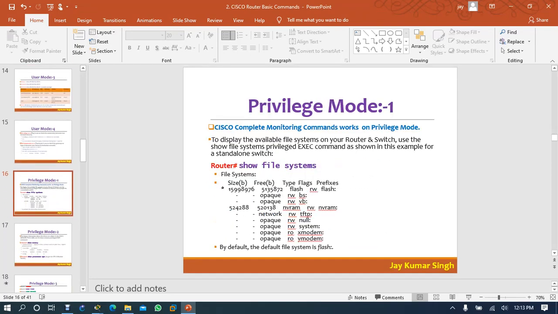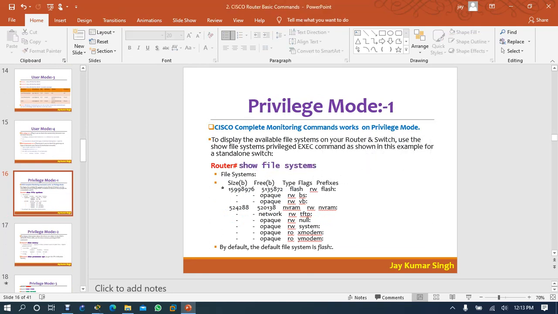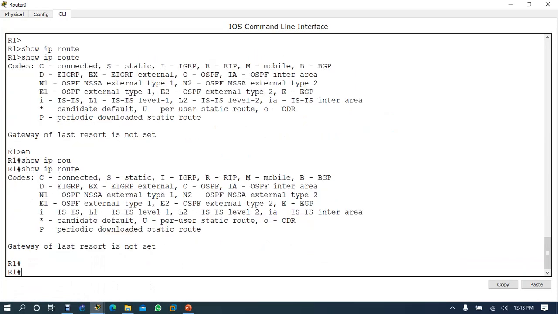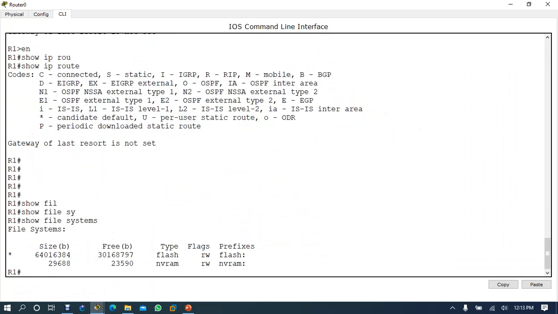Okay, now this file system, you can run it in the physical routers. In this Windows operating system you also have a file system, so in Cisco also you have file systems. Let's see if it runs or not. See here, this is your NVRAM.